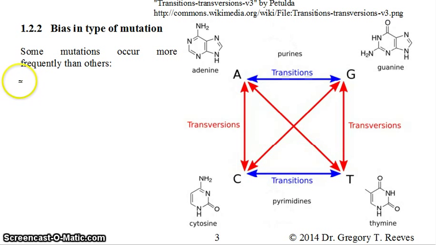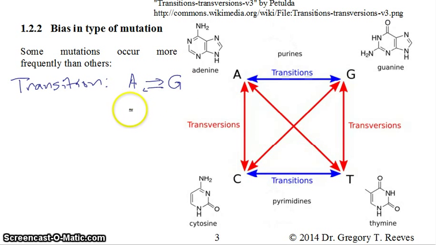One kind of mutation you could have is a transition. A transition mutation would be an A being mutated to a G, or G back to A. And the other kind of transition would be a C being mutated to a T, or a T to a C. So these transition mutations are by far more common